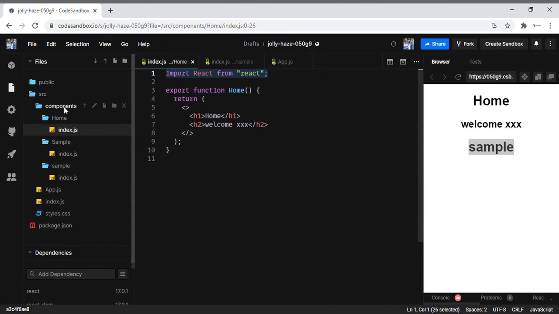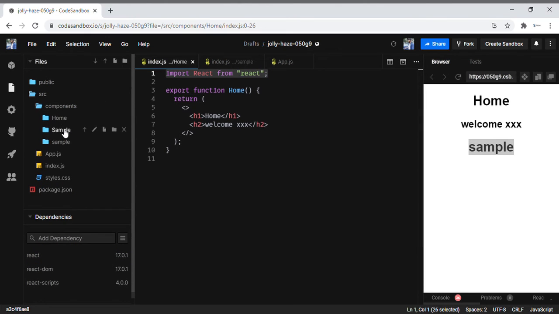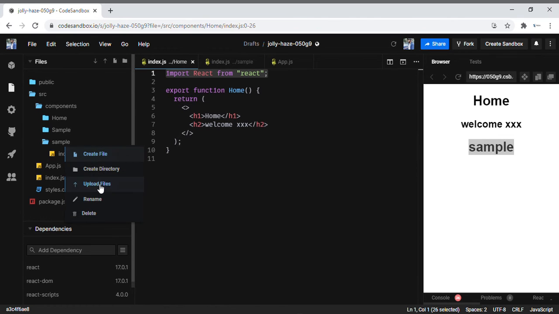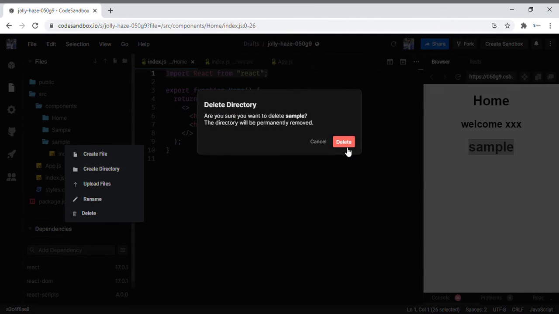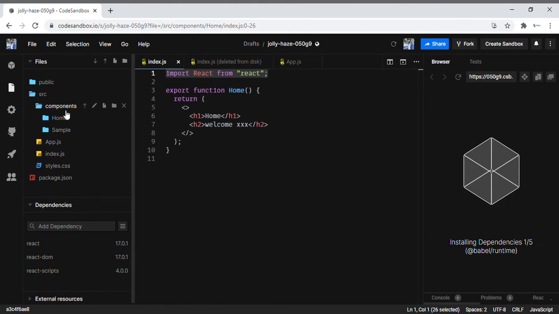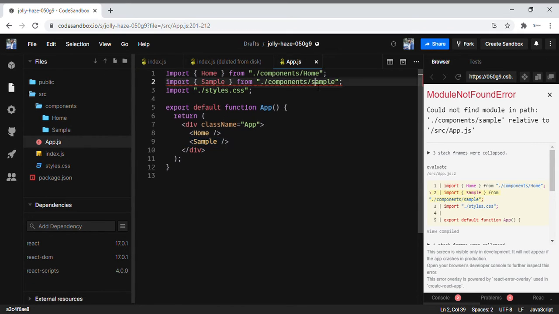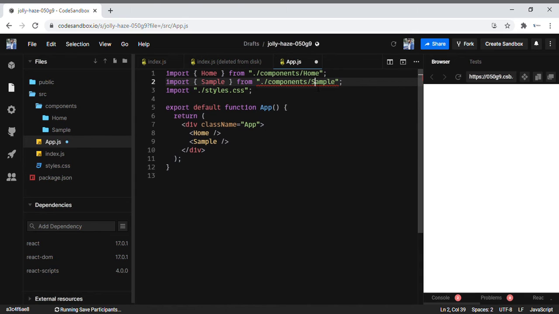Now if you see, I have created two different components, which are a home component and a sample component. Let me delete this folder, it is not required for us now. So we have created two components, the home component and the sample component. I think this has been auto imported from this component. Let me change this to sample.